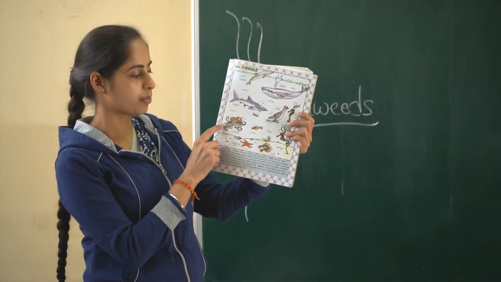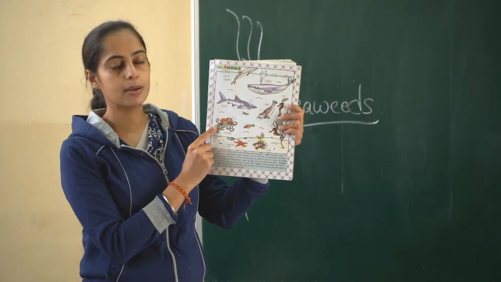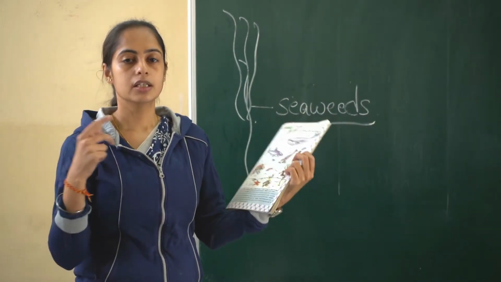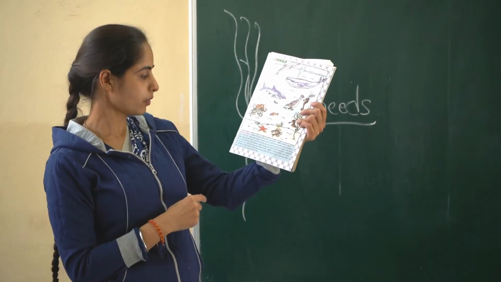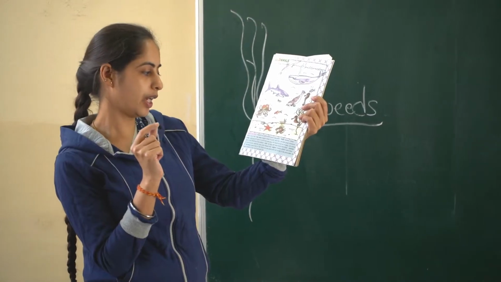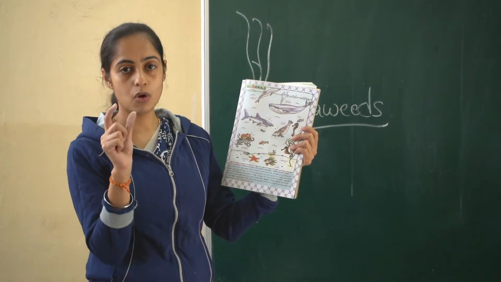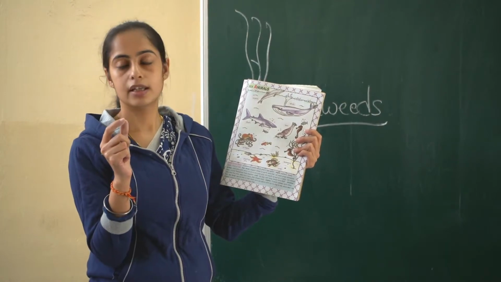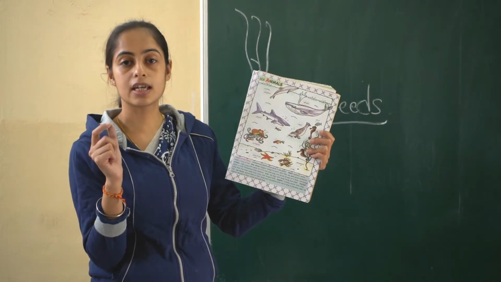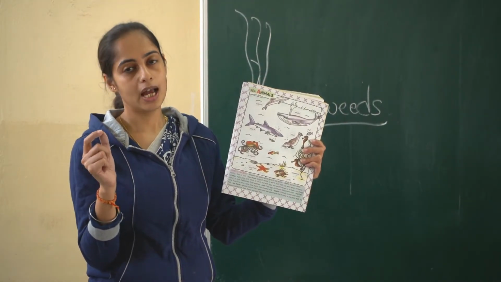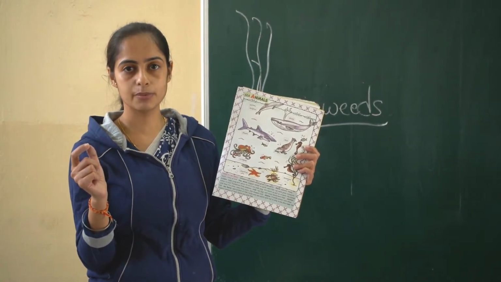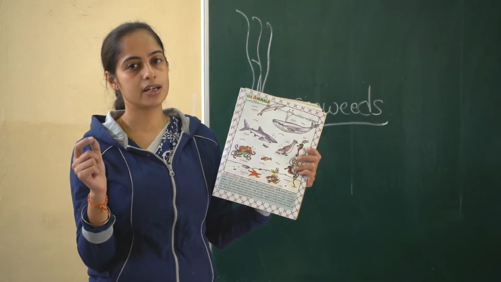Now next we have the octopus. What is the important thing the octopus has? It has 8 arms. Like we have 2 arms, the octopus has 8 arms, with which they catch prey, push it into the mouth, and swim. Small fishes are known as prey. The arms help them to swim and to catch their food as well.